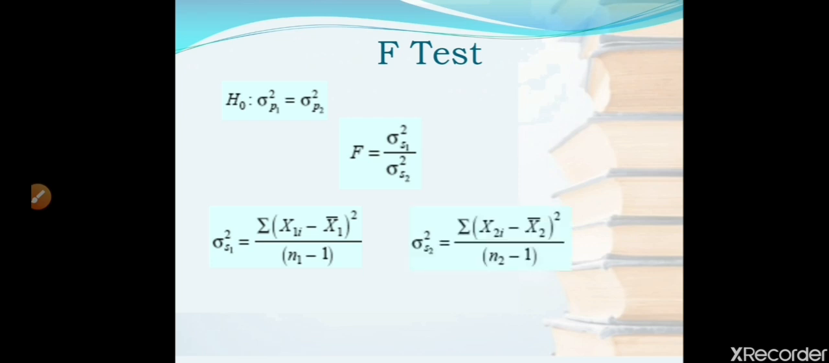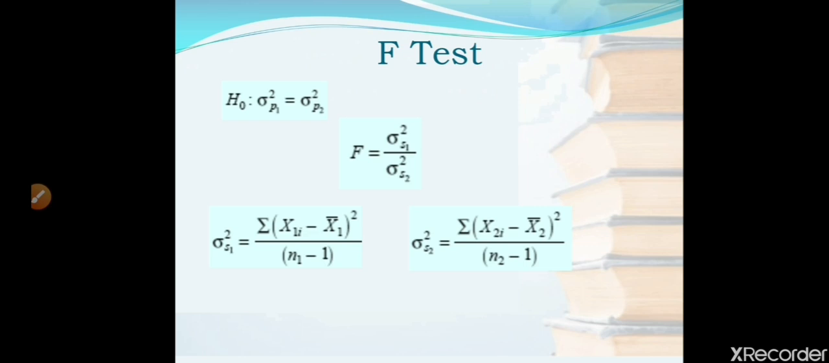sigma s1 square upon sigma s2 square, where sigma s1 square is the variance of the sample from population 1, and similarly sigma s2 square is the variance of the sample from population 2, and these can be calculated as for sigma s1 and sigma s2. While calculating F, we always treat sigma s1 square as more than sigma s2 square, which means that the numerator is always greater than the